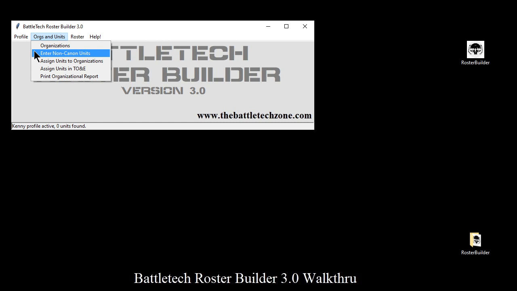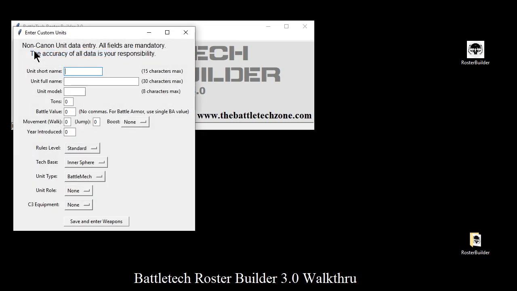Canon means that it's been published and approved by FASA, CGL, whoever has owned the rights to BattleTech at any given time. This is where you would put the mechs that you create, and we're just going to put